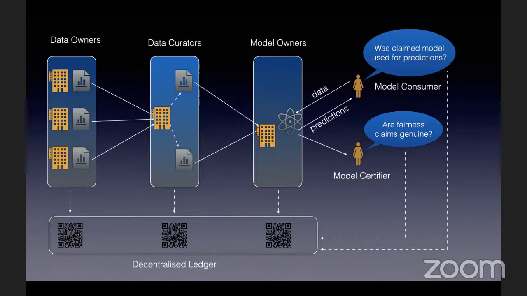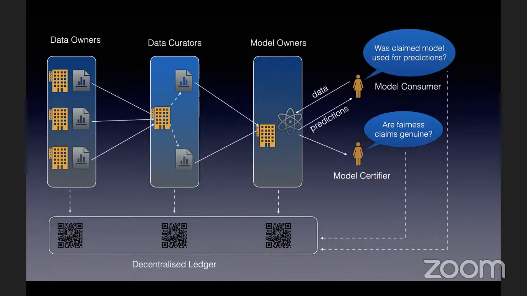One question, not exactly related to the zero knowledge proof, but in this pipeline, is it only one directional, or do the model owners, for example, go to curators to include some more features, or some longitudinal data? Yes, I mean, this is a very simplified picture at the moment. This is more a plausible one. So model owners, of course, would maybe go back and forth with data curators, asking them maybe to curate data in a better way, or include more features, or include data from more owners.